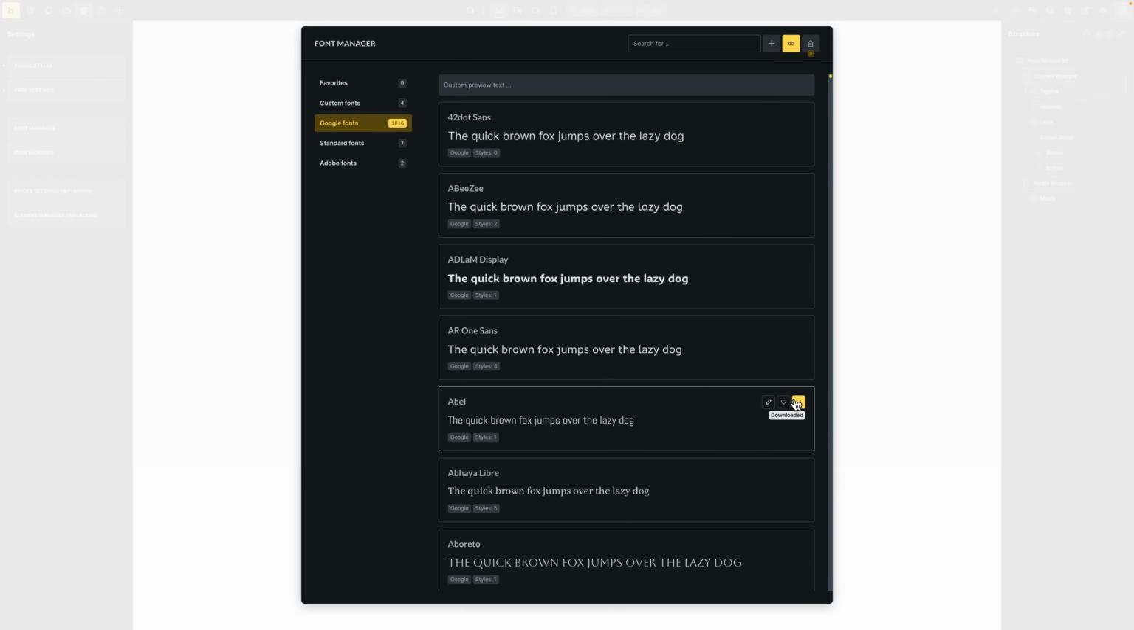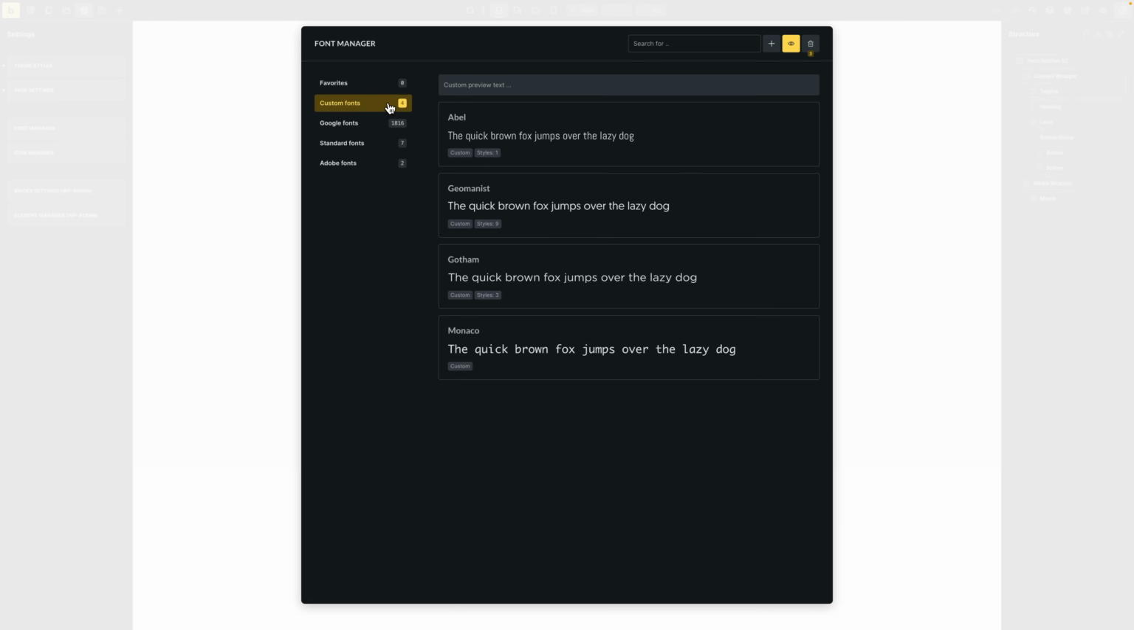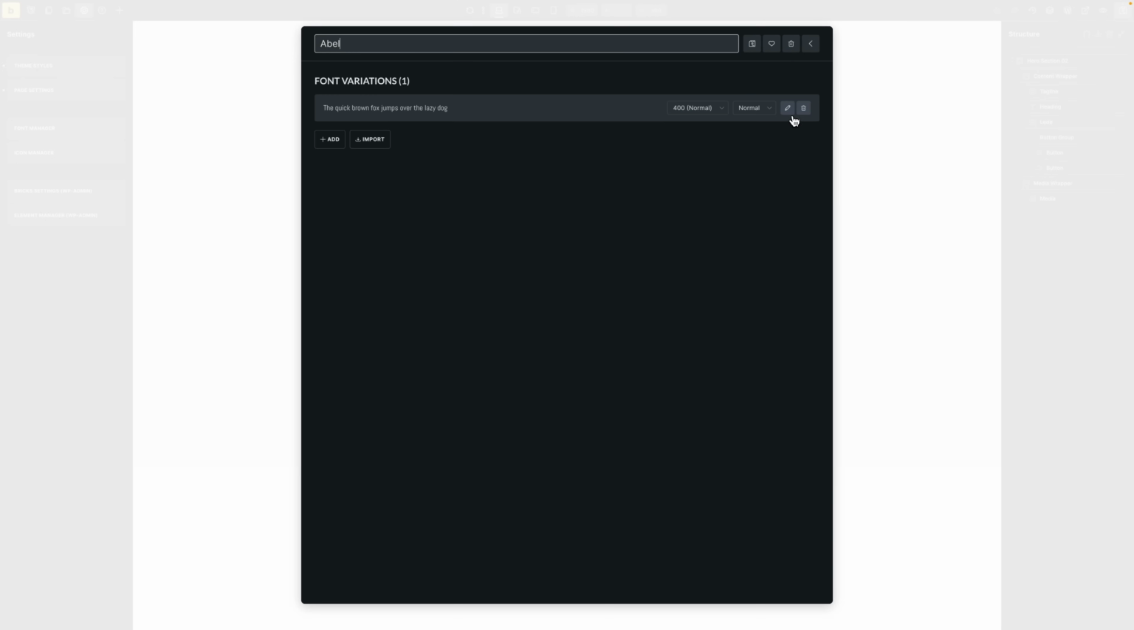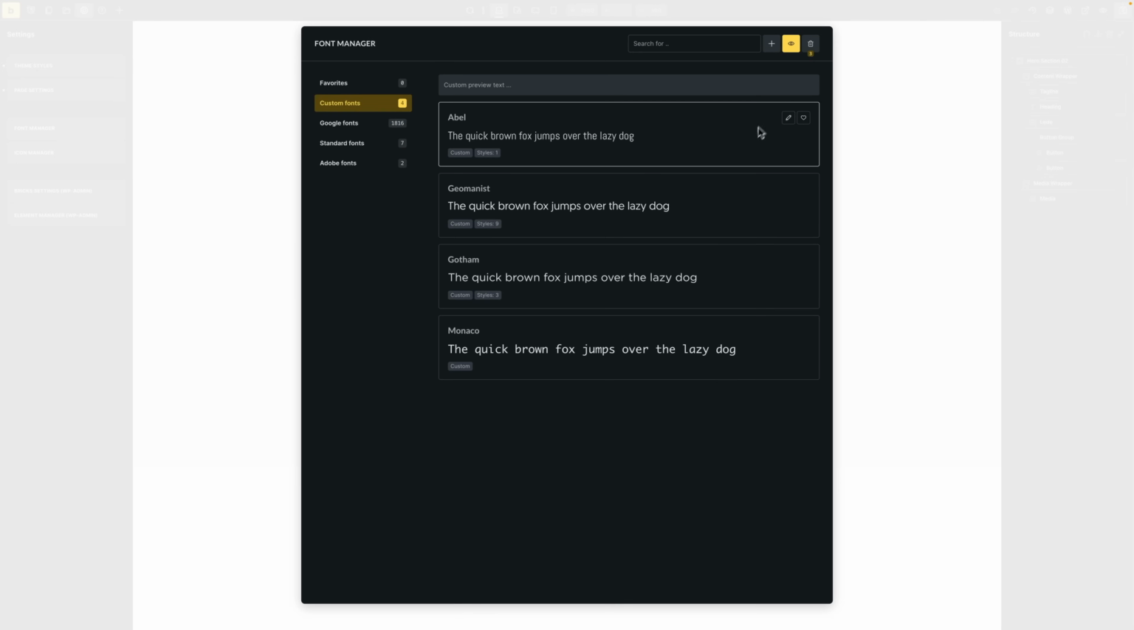You can also see this green check mark here, telling me that this font has now been downloaded. You can also see instead of 3, I now have 4 custom fonts, and I can see my Arbel font here, right, it has one style, as you can see. And this is how the style looks for the font weight 400. Now I can start using this font